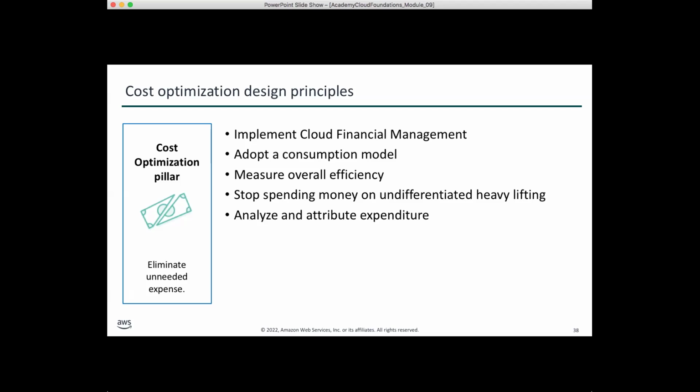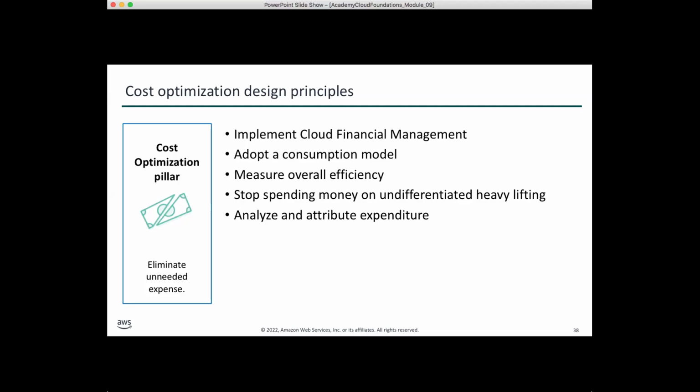We should look to adopt a consumption model, that is, pay only for the computing resources that we actually require, and then later increase or decrease usage depending on the requirements we have, the workload, and our business goal, right? We should not have elaborate forecasting and immediately increase or something like that, right? But based on our usage, we should make these decisions.